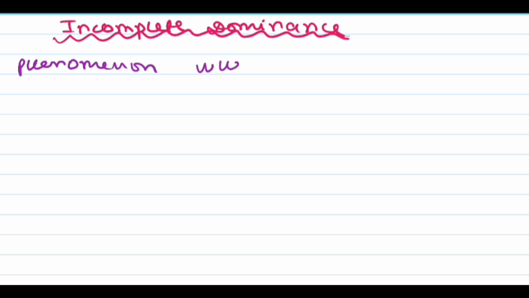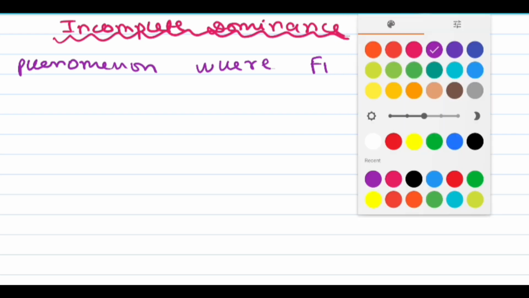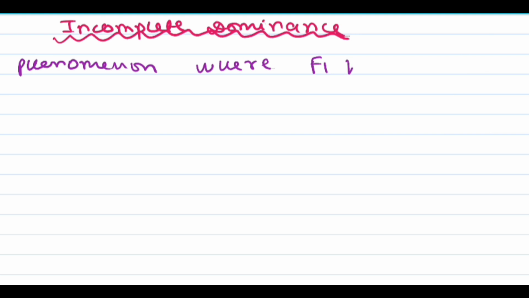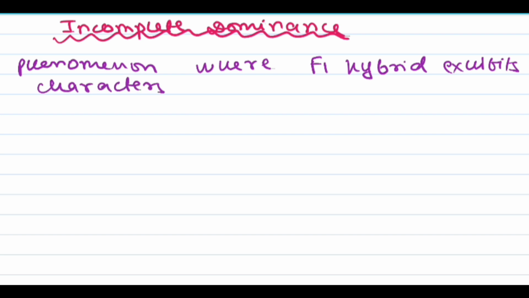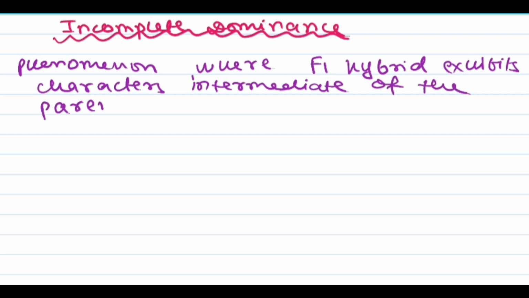where F1 hybrid exhibits characters intermediate of the parental generation. Now I know this is quite bookish definition, and in terms of explaining, it's basically where the F1